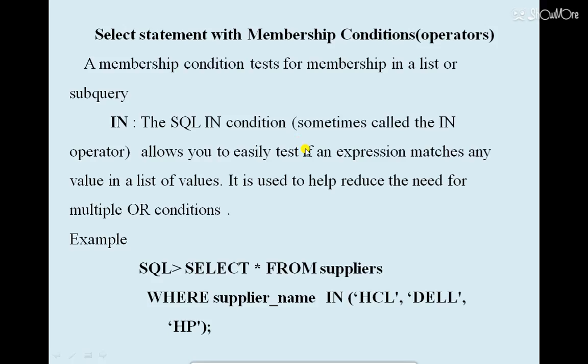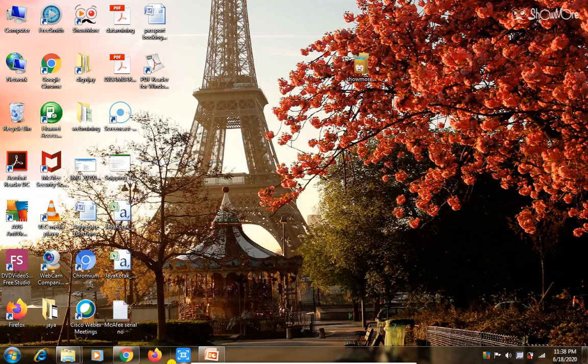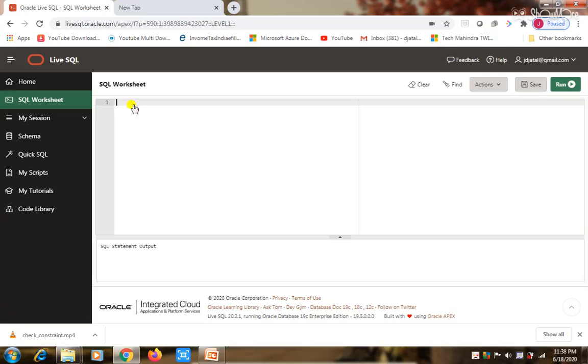Now, for the like operator and select statements, I am sharing the live environment with you. Wait a minute. Suppose we create a simple table, EMP. I am inserting values: insert into EMP values.